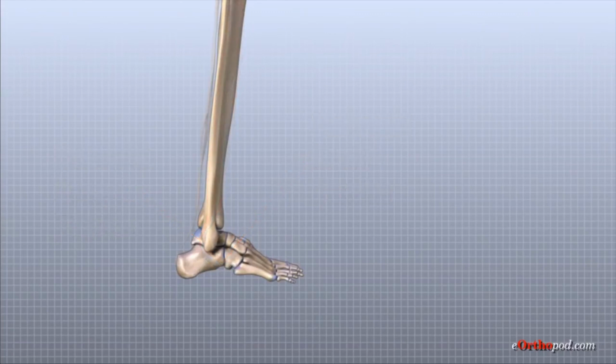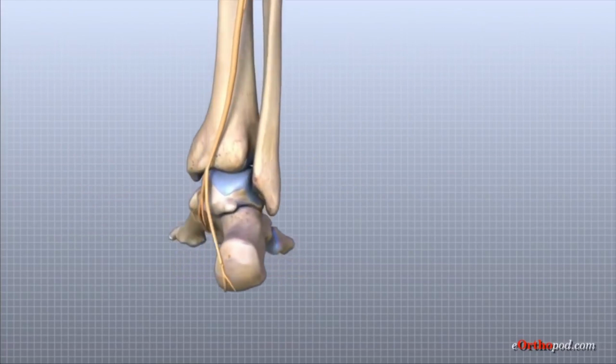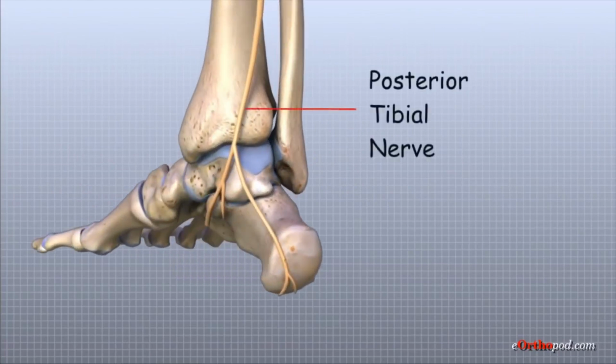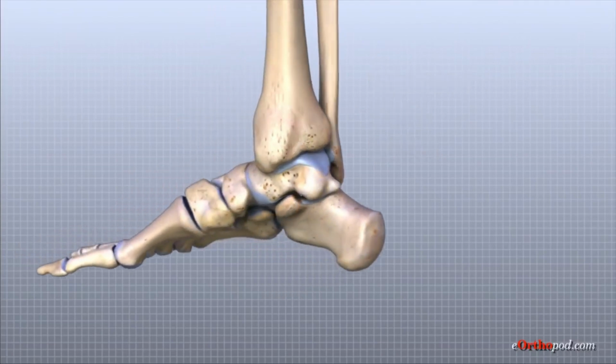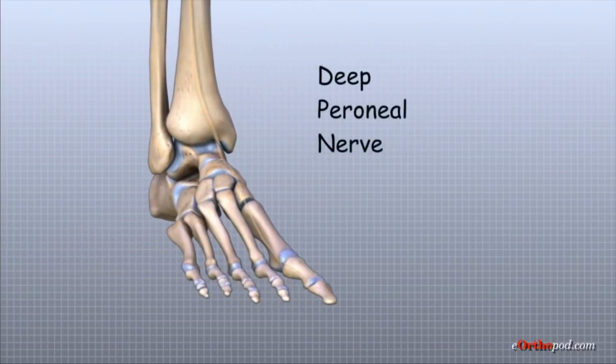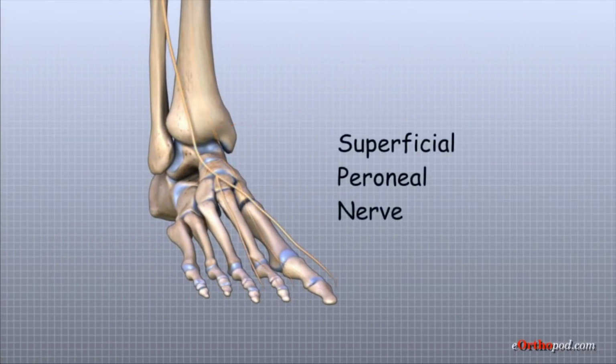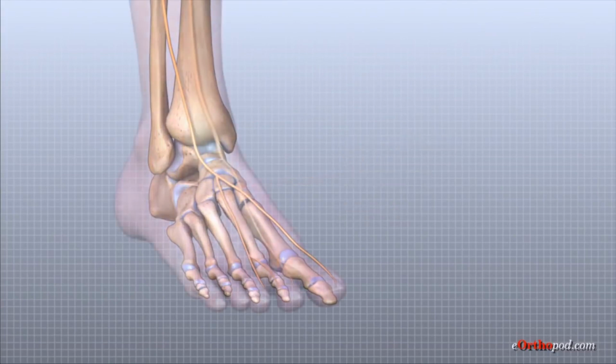The nerve supply of the ankle is from nerves that pass by the ankle on their way into the foot. The large posterior tibial nerve runs behind the medial malleolus and into the foot to control the muscles in the sole of the foot. The deep peroneal nerve crosses in front of the ankle on its way to the top of the foot. Multiple branches of the superficial peroneal nerve cross along the outer edge of the ankle. The nerves on the front and outer edge of the ankle control the muscles in this area, and they give sensation to the top and outside edge of the foot.